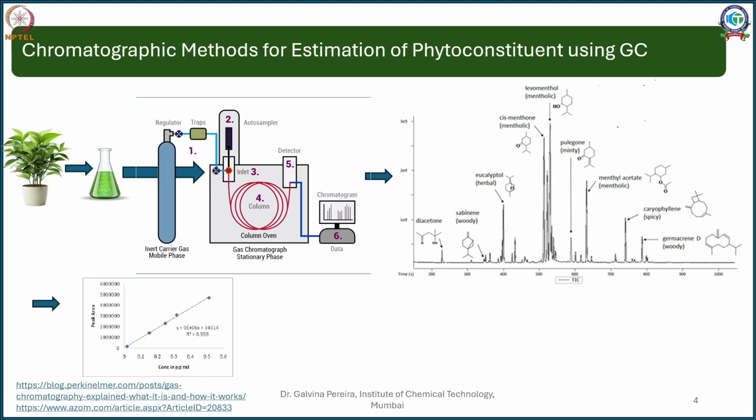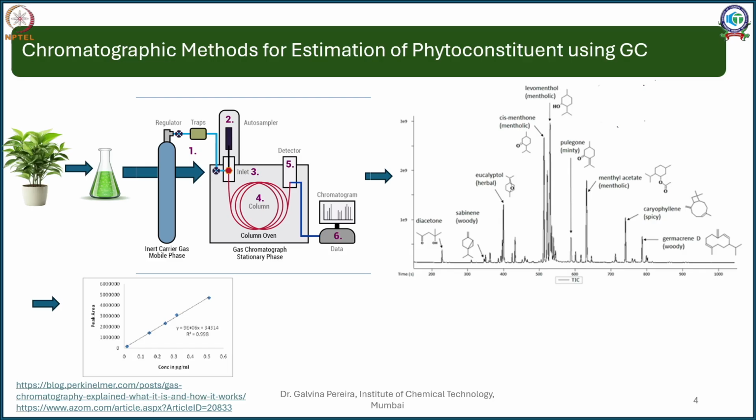So what is this gas chromatography? Initially, what we will do is, we have a sample here. Now this sample could be a plant, say for example a plant containing volatile oil. Take for example your eucalyptus. Now your eucalyptus oil is to be extracted, and I want to see what all volatiles are present